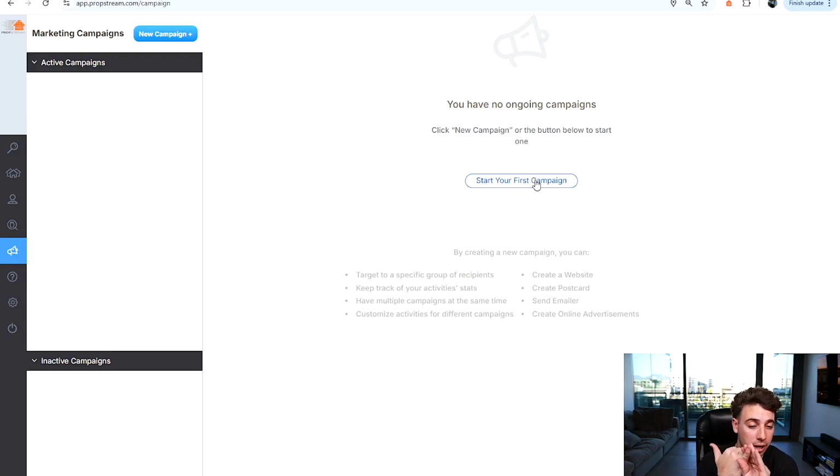It lets you pull motivated seller lists, it lets you search up any property across the country and comp that property to figure out what it's worth, and it lets you get all the information about any address. But then it also helps you conduct marketing, right? It's one thing to get a motivated seller list, but then you need to conduct marketing to it in order